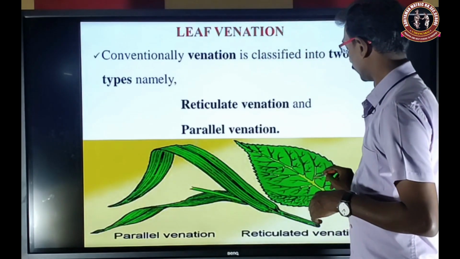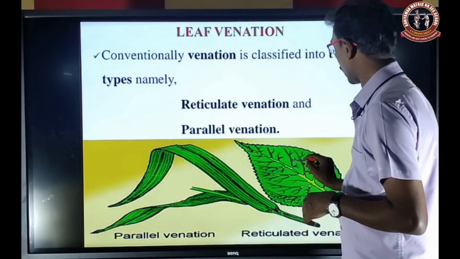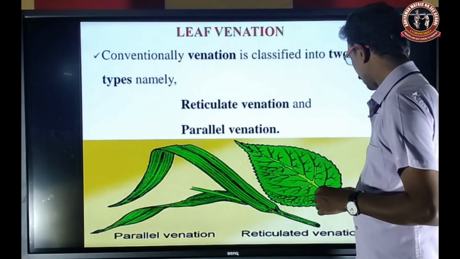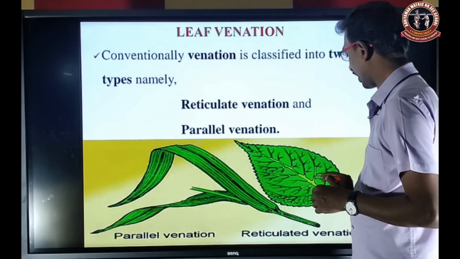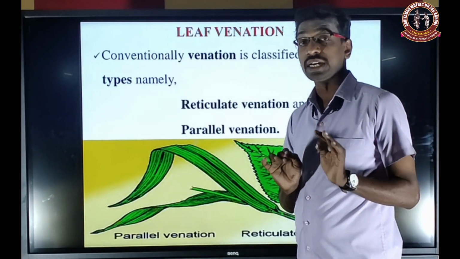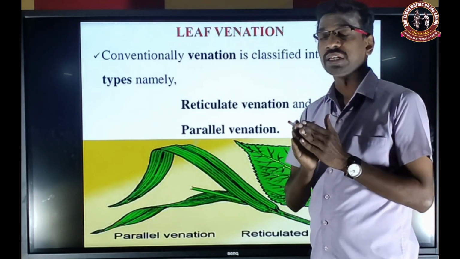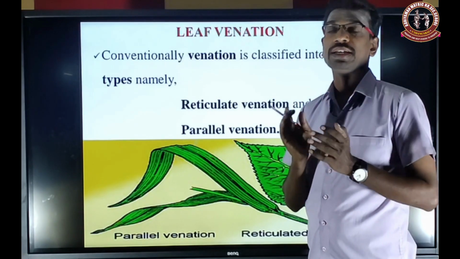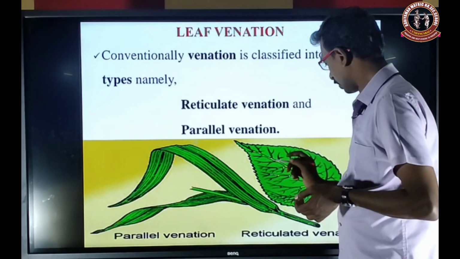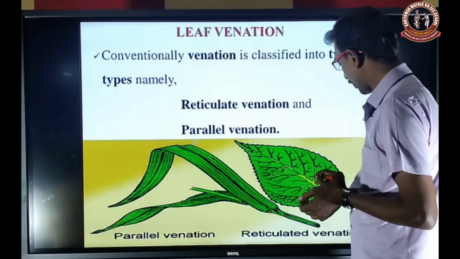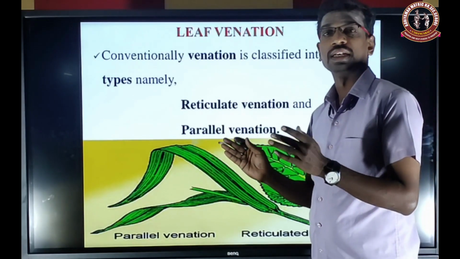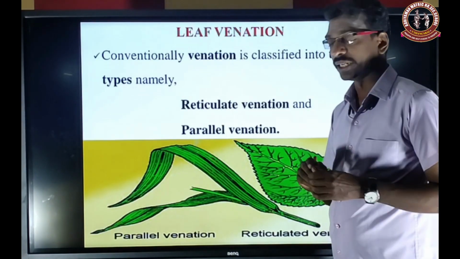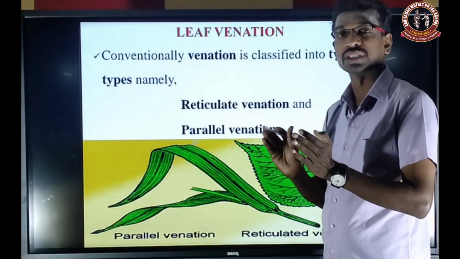In reticulate venation, there is a prominent single midrib. It is a continuation of the petiole, in the center of the leaf. This midrib equally divides the lamina into two equal leaf blades. Lamina means the entire flattened structure, and the midrib divides it into two equal portions, that is the leaf blades.